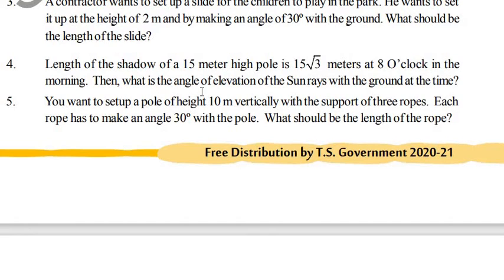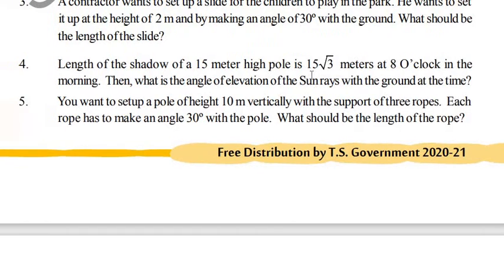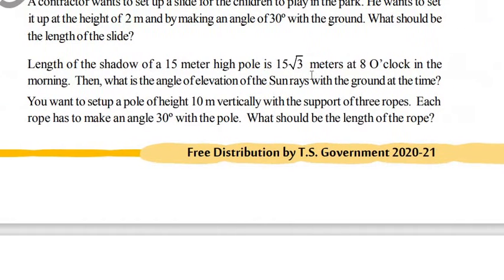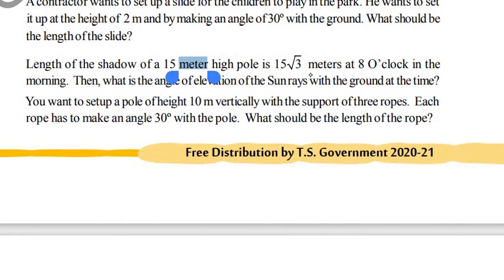The length of the shadow is 15 meter for a pole. The pole is there, length of the shadow is 15 meter. Pole is 15 root 3 meter. Understand? Pole height. Your height, how much? 4 feet a little. Your shadow will be that long, sometimes more, sometimes shorter, depending on how the light falls on us. So here the length of the shadow is 15 meter, pole height is 15 root 3 meter. Got it? Any doubt?